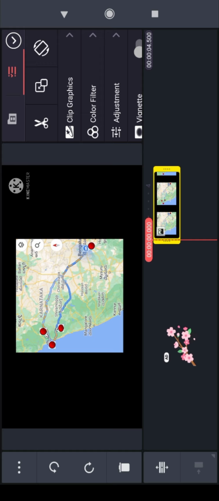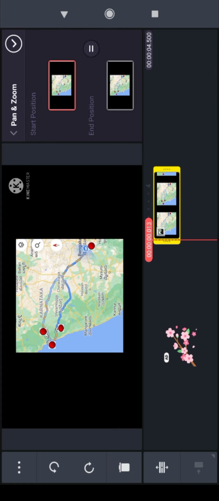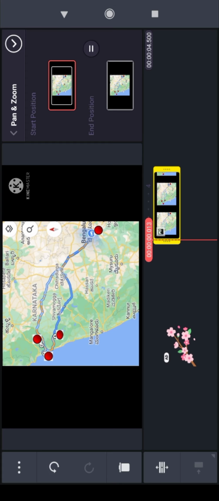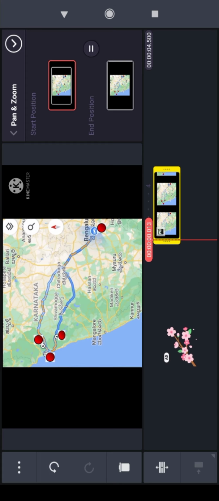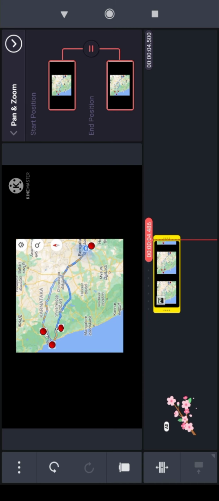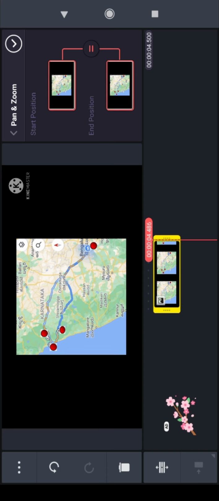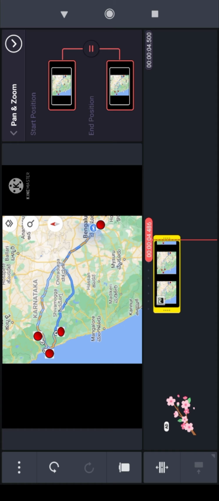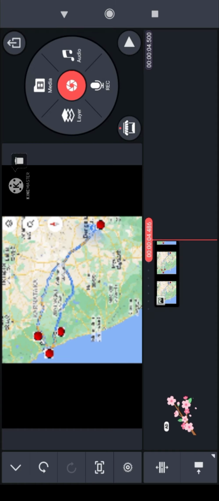I just want to zoom it. Okay, I zoomed here so that your video will be a bit enlarged on the screen, and just select the end, and equally select it, make it equal, and press OK.